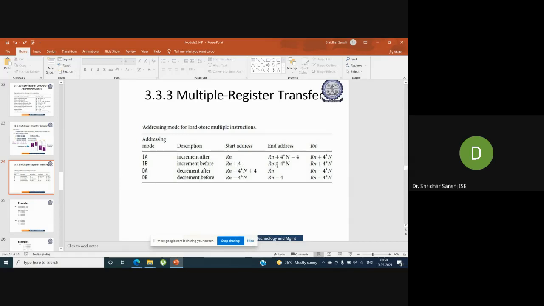And then the end address will be Rn plus 4 star n again. So we are not including this minus 4 because we already incremented once. So that's the reason it is Rn plus 4 star n. Okay. And if there is an exclamatory symbol, then we will update this base address. So this is with respect to increment before. And the third addressing mode is